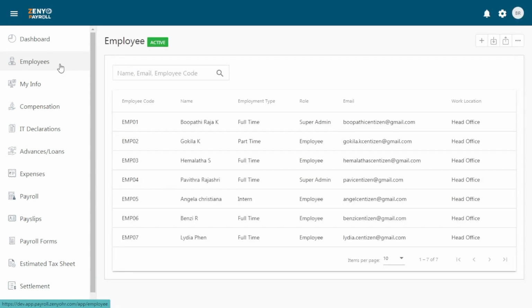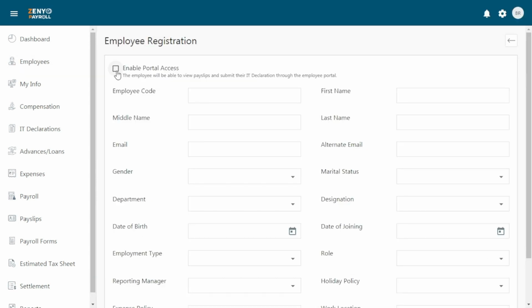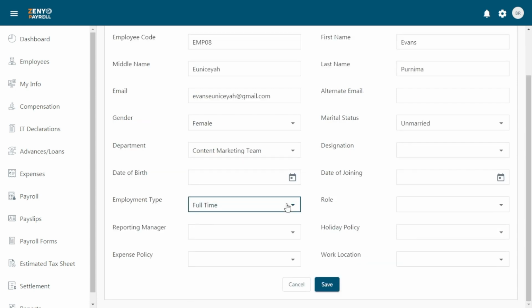Go to the Employees module and click on the plus button. Check the Enable Portal Access to allow the employee to view payslips and submit their IT declaration through the employee portal. Enter the employee's basic details, like employee code, name, email, gender, department, and other official details like employment type,